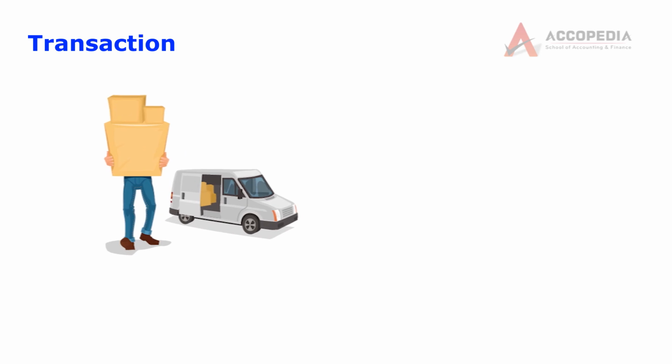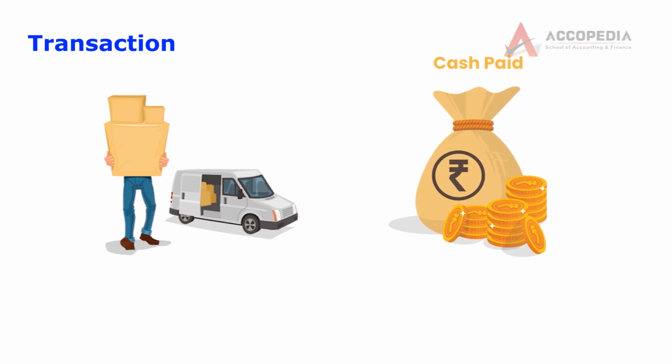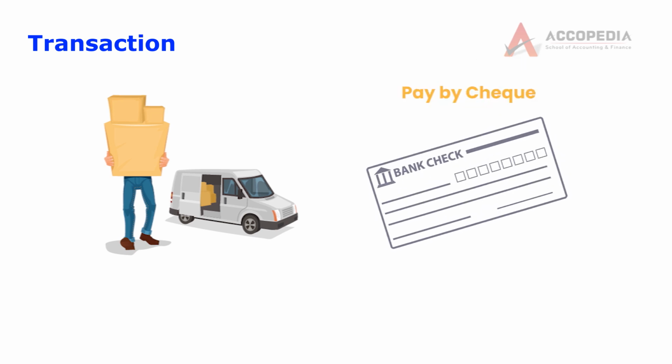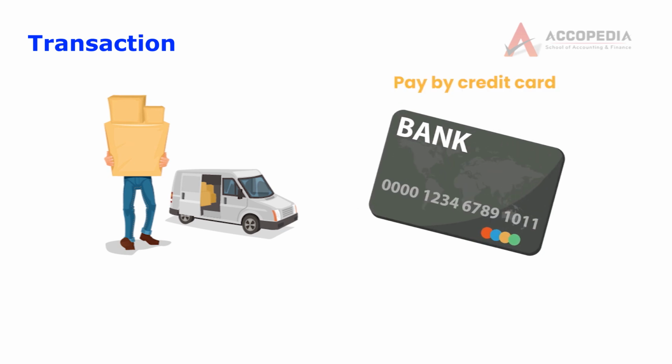Let us take a case where we purchase raw materials. After purchasing raw materials, we have paid for it by cash. It's a cash transaction. Or if I pay by check, that is also a cash transaction because it does not matter whether it is paid by cash or not. What matters is payment has been settled immediately. Suppose the business pays by credit card. Again, it is considered a cash transaction.